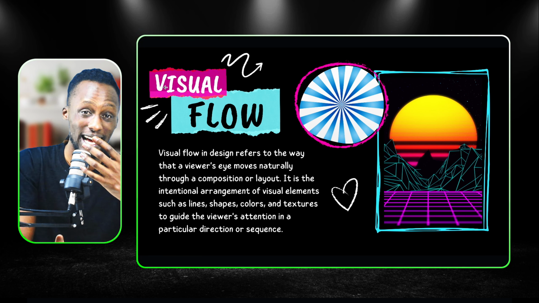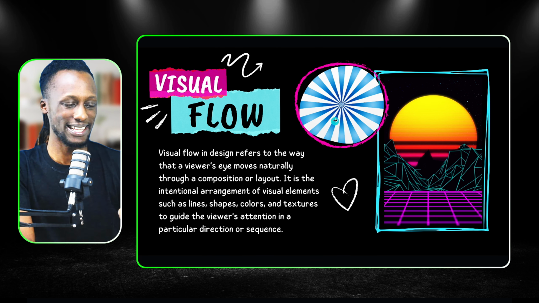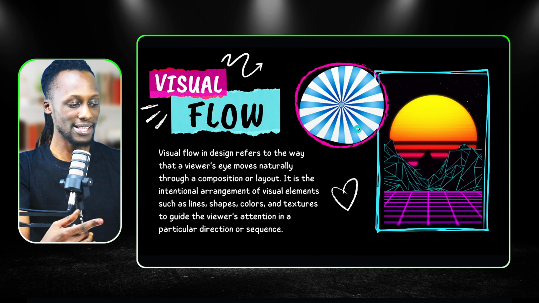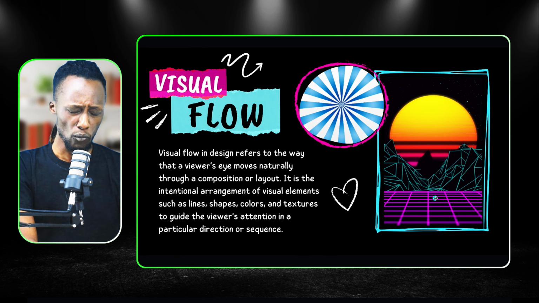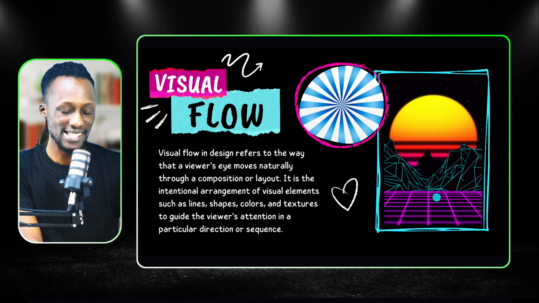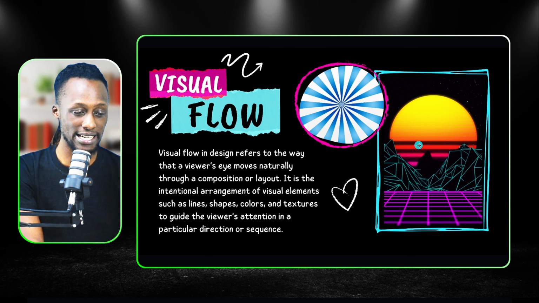A very good example is this image over here, the blue and the white. You can see the eyes are being directed at the center of the image, because that's how the lines are guiding. The visual flow of the image is there. Another thing here, we can see that the visual flow is from the foreground going all the way to the background. You can see the retro sunset, the geometric shapes, and all these lines just guiding your eyes towards the horizon for you to see this retro sunset,